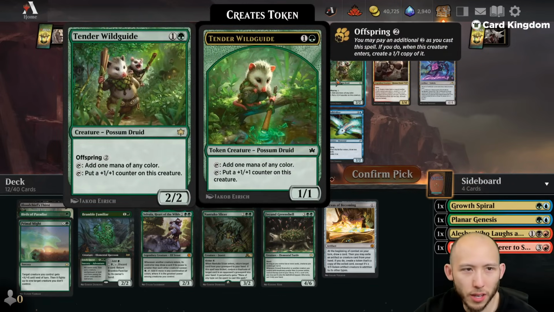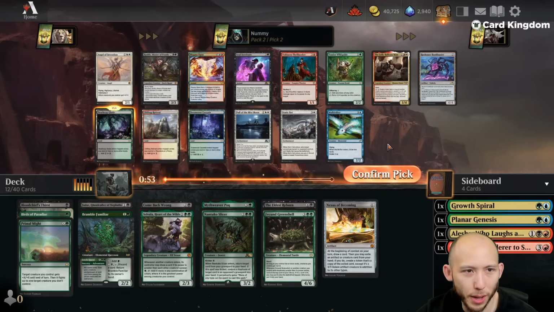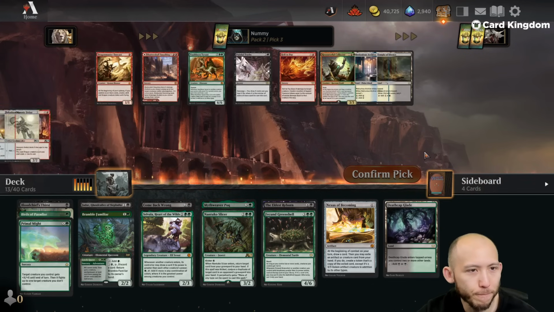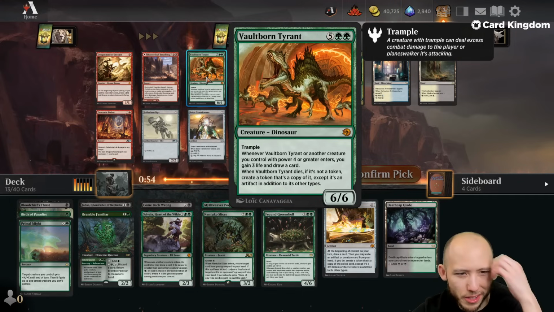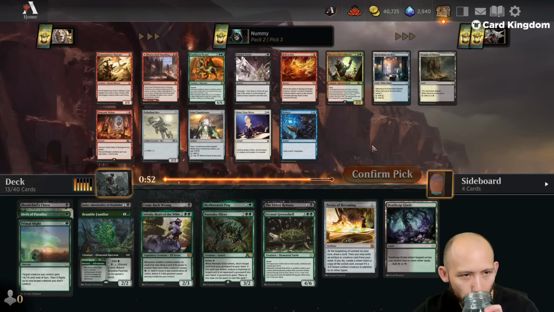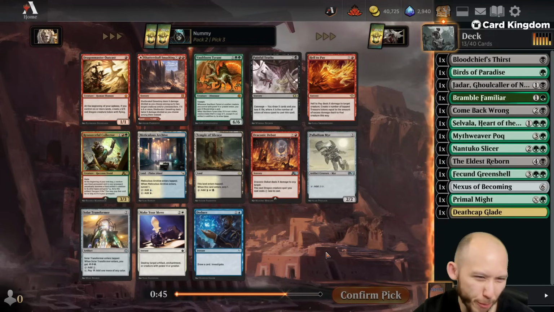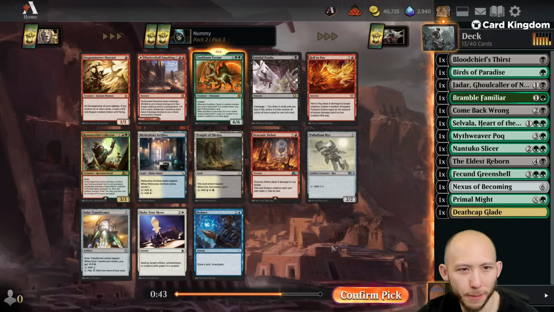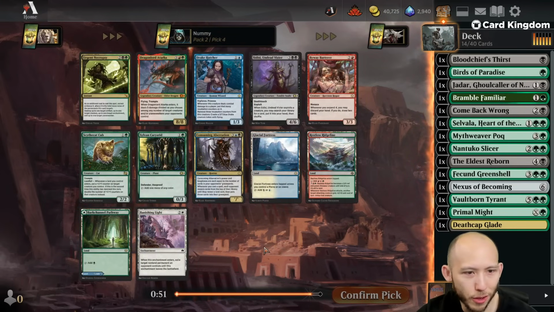Rankle's decent. Wild Guide's okay. There's a Deathcap Glade for some fixing. There's a Bankbuster. I think the safe pick is just land. Tyrant, maybe? Tyrant's another good ETB. That's not my preferred top-end card, but I guess it's an okay top-end card. I mean, you have like Craterhoof Behemoth in this format, so...